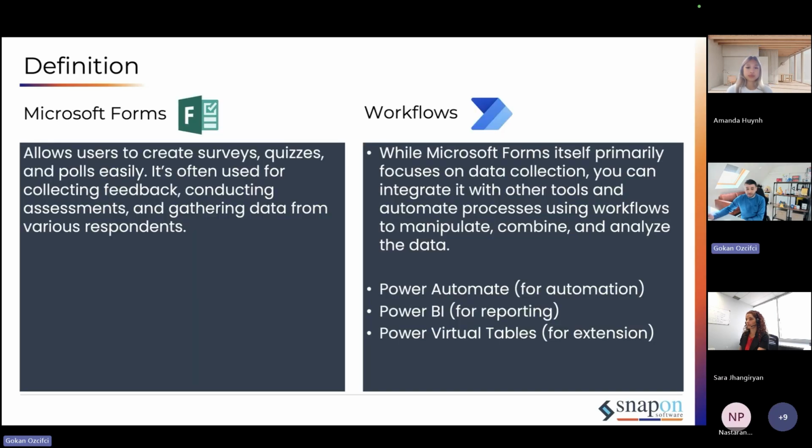Okay, the definition. Remember, we're going to talk about forms only today. When we look at the definition, a form is basically a platform or a tool that allows users to capture surveys, quizzes, polls in an easy way. Collecting feedback is one of them, conducting assessments or gathering data from various respondents. It's all the job of a form, right? And Microsoft has a tool here but you will see that that is not always the easiest way of collecting